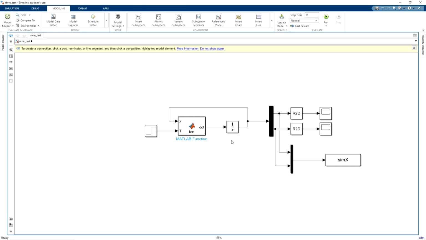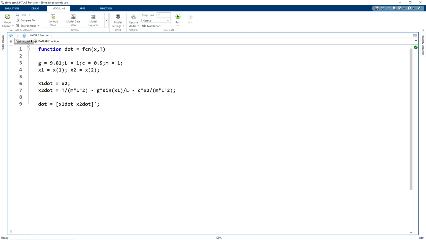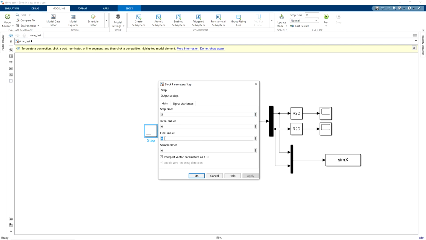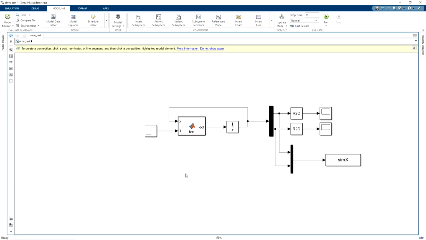That is quite obvious, but still many times students get confused why do we have response in position and velocity, why it is not going to 0. Let me close this again. I am running the file.